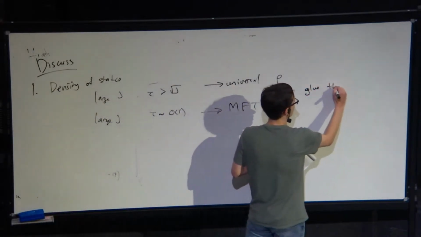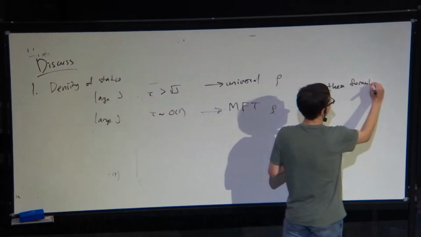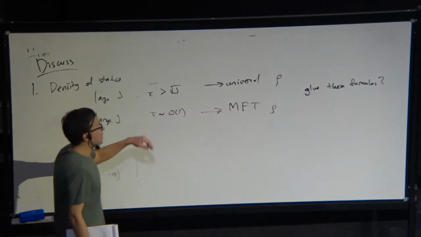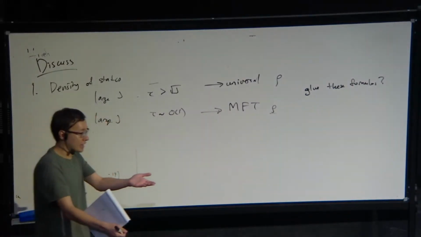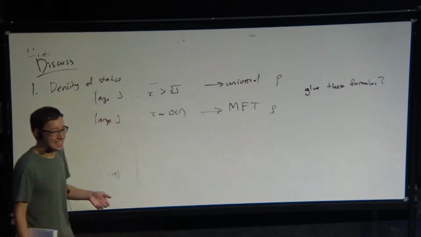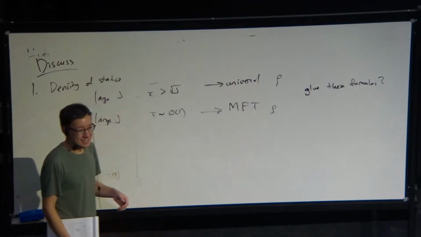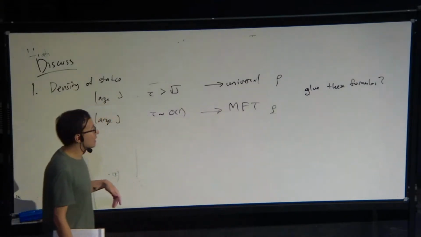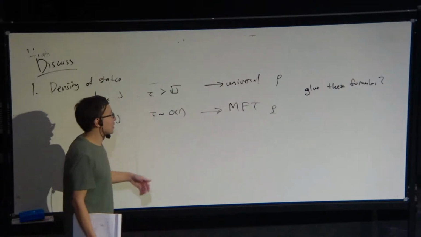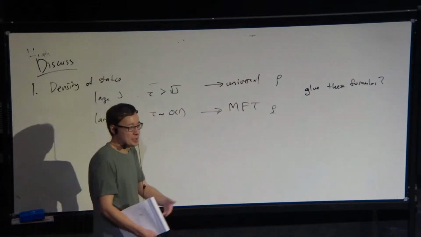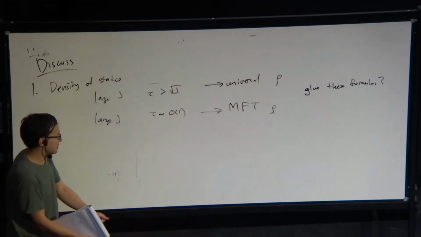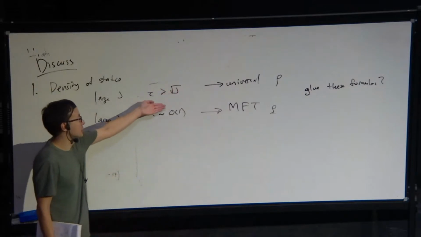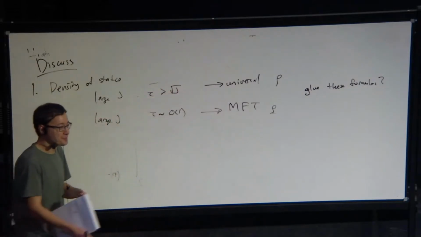So glue these formulas. But in which sense is it universal? It depends on a whole bunch of parameters. It's not universal at all. That's right. But I mean the functional form. The functional form. But yeah, you're right. But everything has a functional form. Even take any OPE coefficient, it's going to have some functional form. Yeah, the leading term is a single number, but it depends on f. Every CFT is going to have its own. But of course you're right. But the functional form of j is constrained here. And so, are there similar constraints for intermediate values of the twist or not?